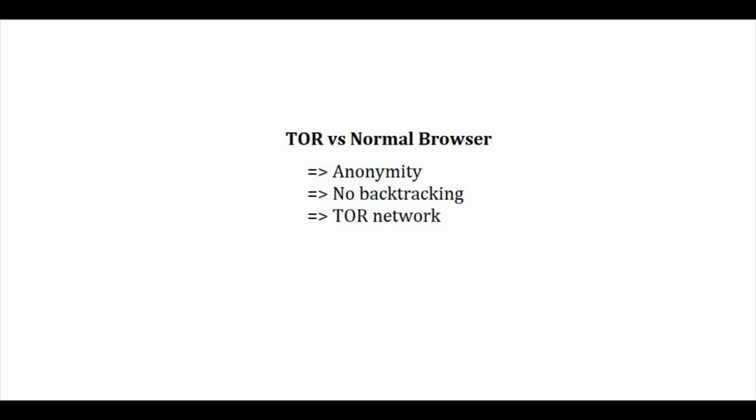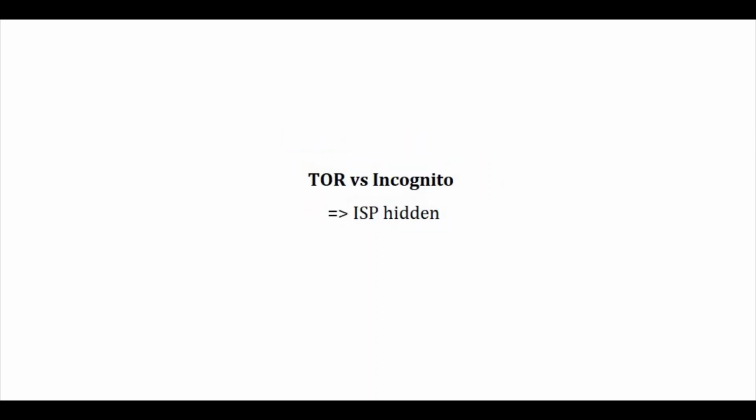That being said, there are still many service providers, email providers, banks, where encryption is used at the beginning of the URL. But when we're talking about Tor browser, if someone is trying to observe or spy over the connection, they'll not know what websites you're visiting. So third-party trackers and ads can't really follow you. Once you're done browsing with the Tor browser, cookies will be cleared automatically and your browsing history will be cleared too. Okay, so that's the main difference between Tor browser and a normal browser.